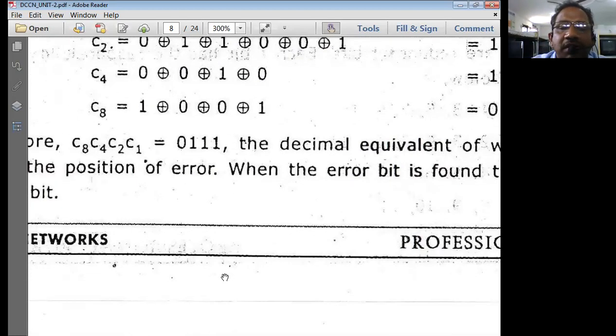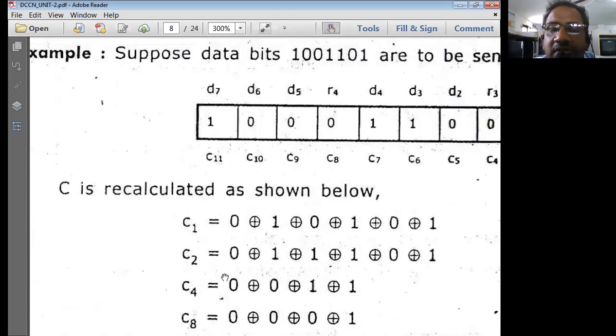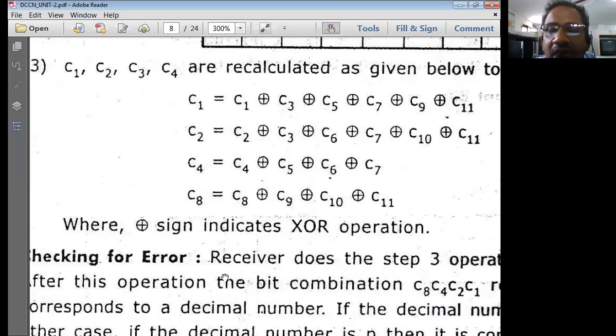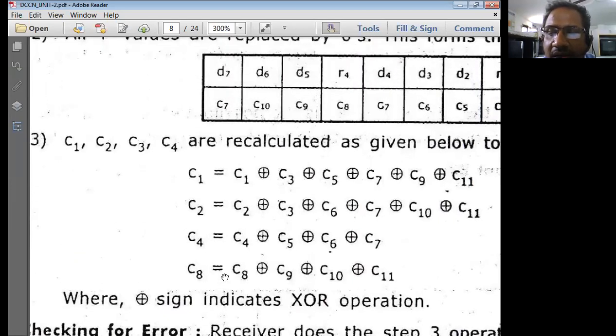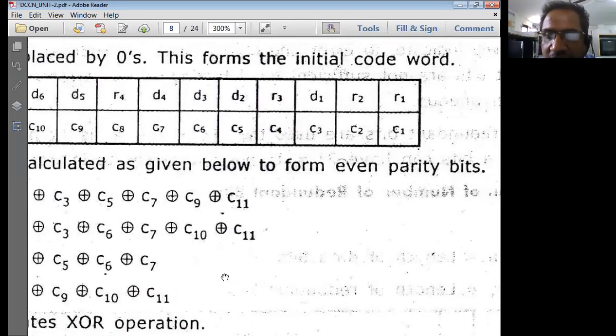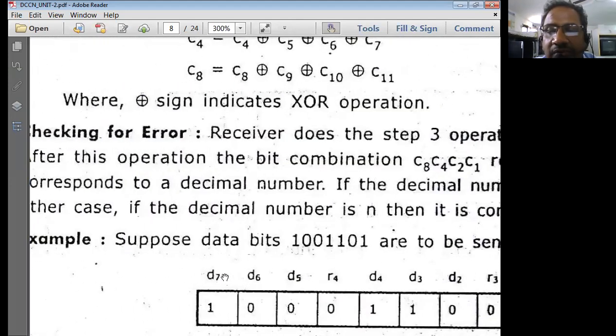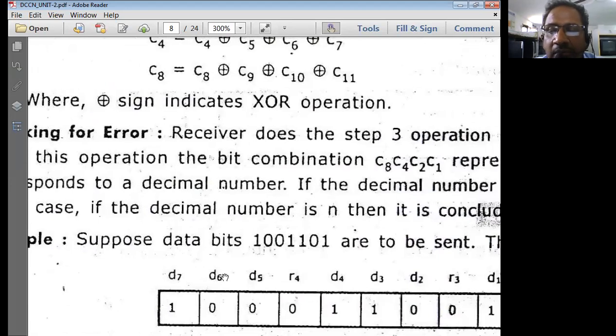Then that bit has to be inverted by the receiver. So the inverter will simply invert that bit. 0 will be inverted to 1, which is the correct bit format for the receiver to understand. That means the receiver has now corrected the bit which was in error, and the receiver is going to consider that as valid data. So the receiver doesn't transmit a negative acknowledgement to the sender asking for this data to be retransmitted. So this is how we use these error correction techniques.